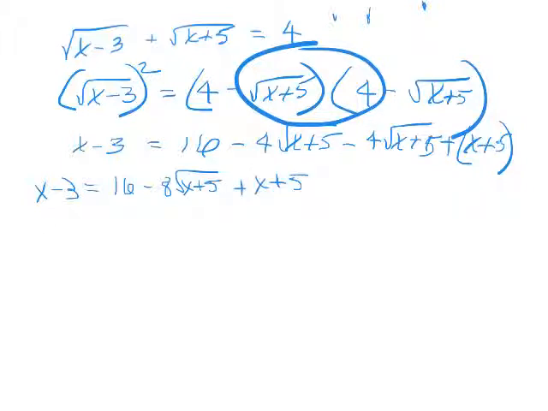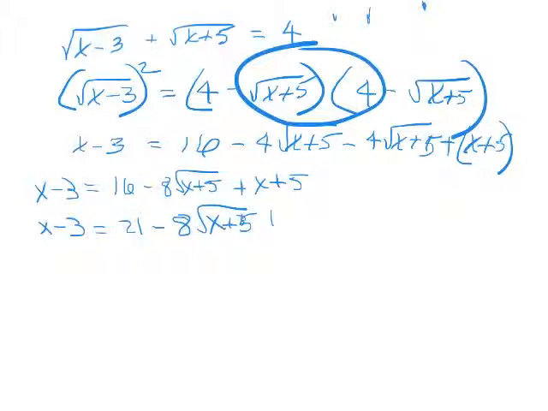And then we continue to combine like terms. So 16 and 5 is 21 minus 8 square root of x plus 5. Whoops. And we add 3 to both sides, or we subtract 21 from both sides since we are trying to isolate the radical. So we end up, oh,